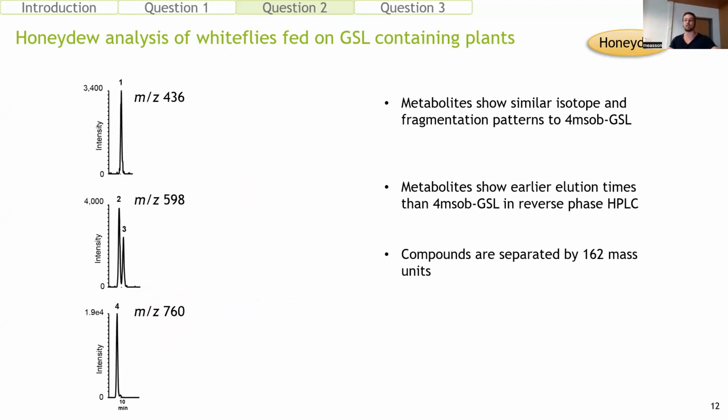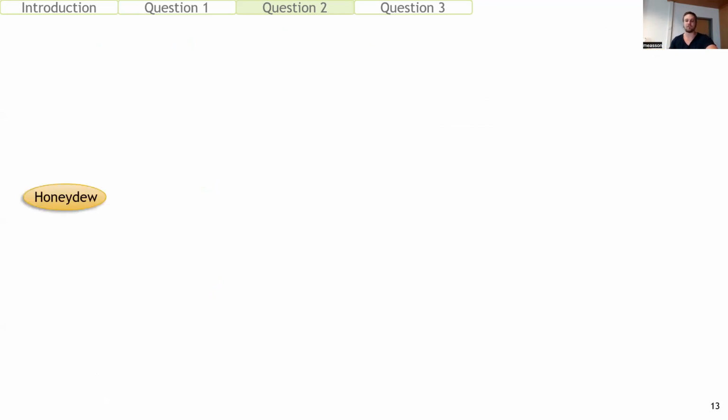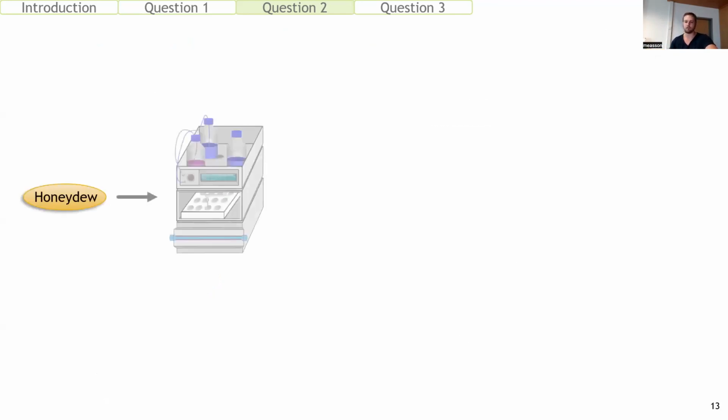And if you can do the math really quickly in your head, you'll notice that each mass difference is 162 mass units, mass over charge units. If you're not readily familiar with conjugation detoxification chemistry, this is usually, or almost always, associated with the addition of a hexose, and this is usually a glucose moiety. So we went to work on purifying these compounds from the honeydew utilizing HPLC fractionation and a